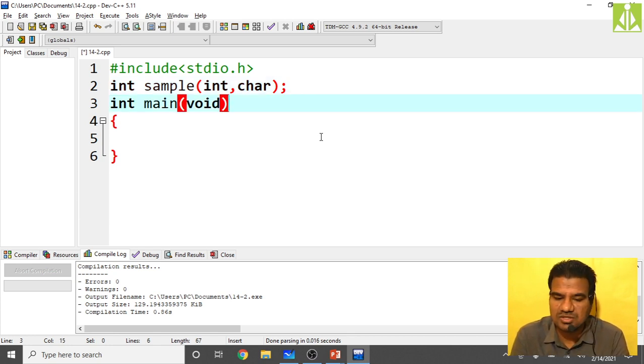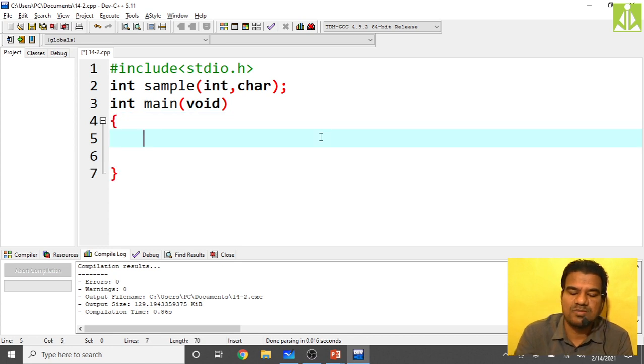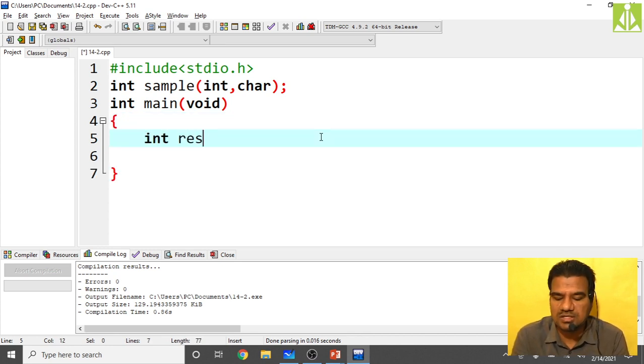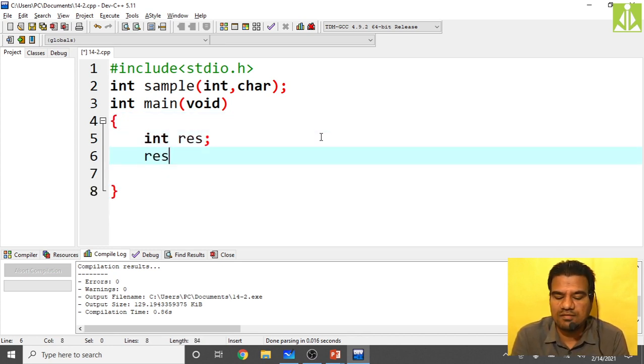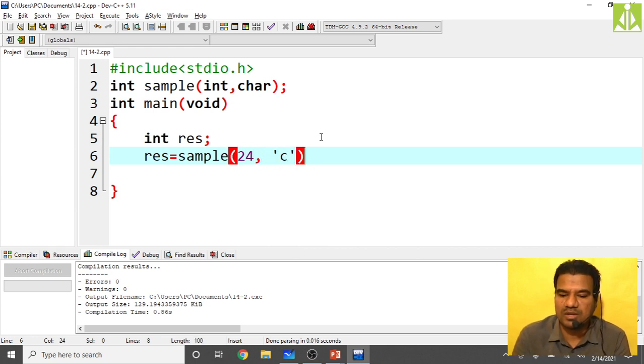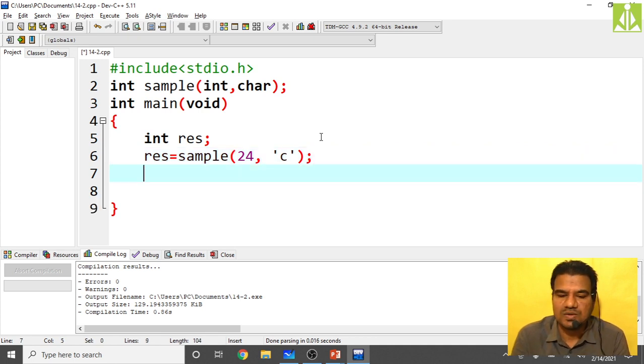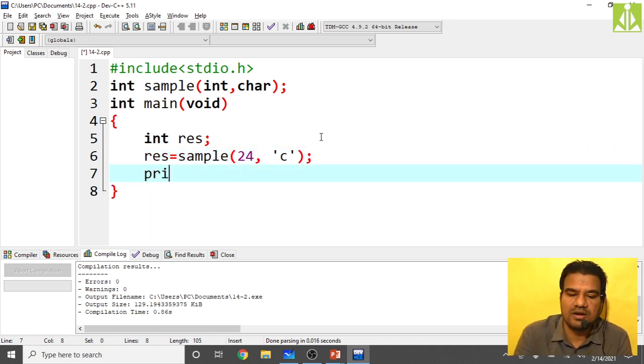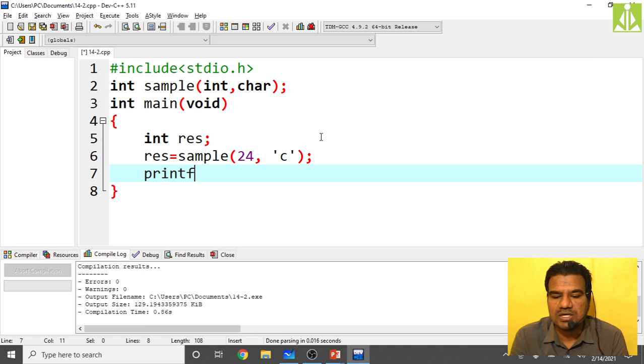Three things must match. As my function is going to return an integer value, I'm storing the function call in result: sample of 24, then pass one character c, like how we have done over there. After calling this function, it will return the result, which is 24 only.